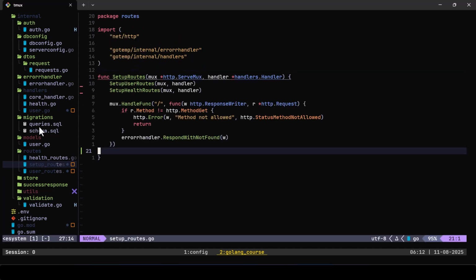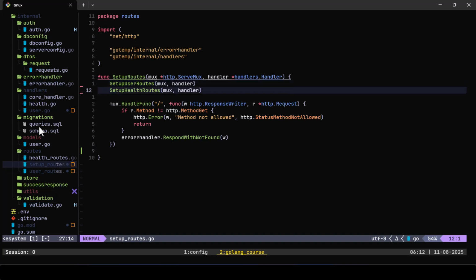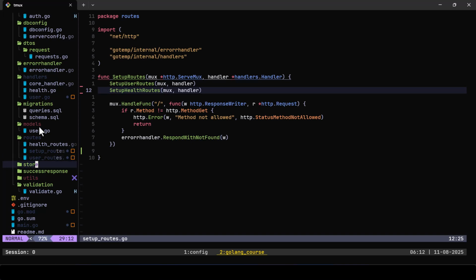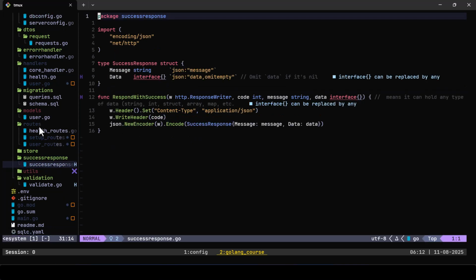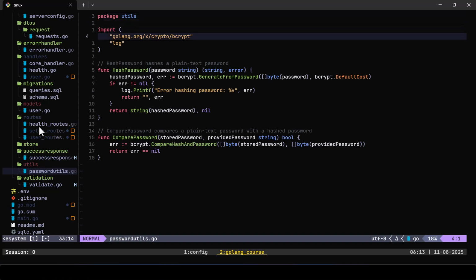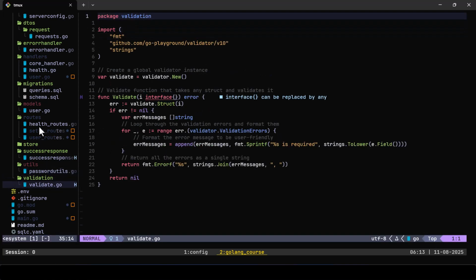We have our routes here. On line 11, we have user routes, and on line 12, we have health routes. So we brought in our mux and our handler. And this store folder was generated for us by SQLC. We have our success response. In our success response, we have a struct that holds a message and data. And we have a password util used for hashing and comparing our password. And we have a validate function. We have our env. And lastly, we have our